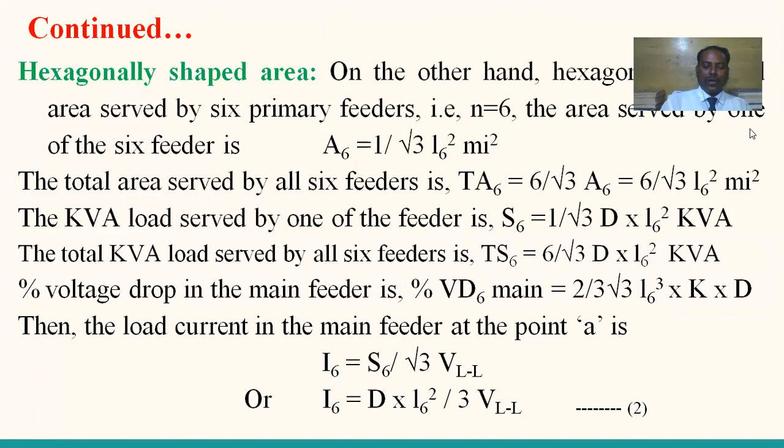So students, one more point you have to consider. In all previous cases also, the slash has to be read as divided by. Such types of functions arise, so you can always write them in numerator and denominator format. So this is equation number 1, which belongs to the square shaped area, and equation number 2 belongs to the hexagonal shaped area. Both are currents. Now let us go for the actual comparison of the square shaped and hexagonal shaped areas.